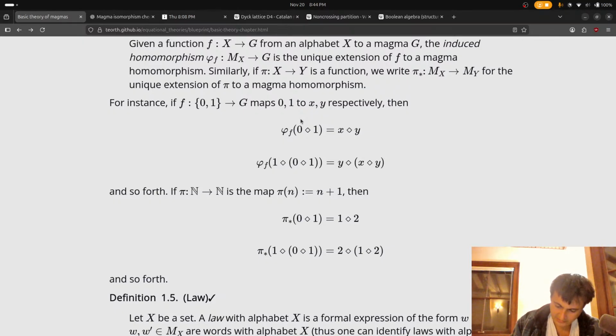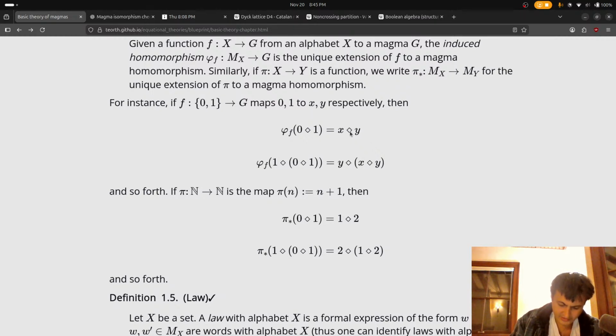So this is an element of MX, and this, I guess, is an element of G.